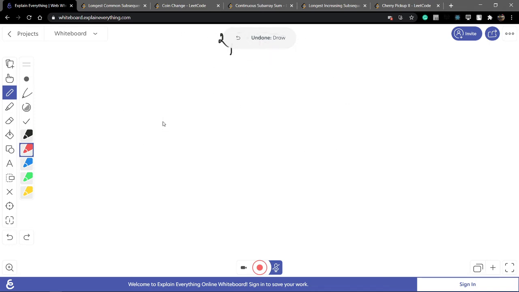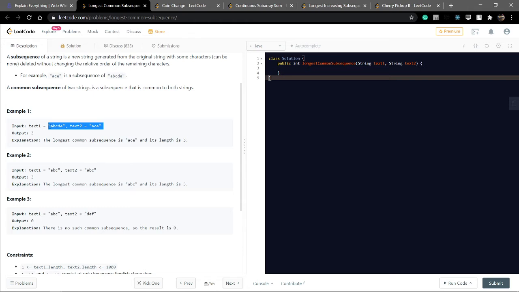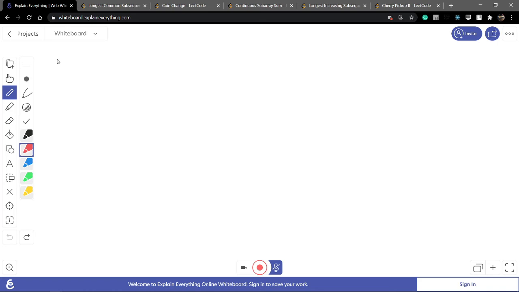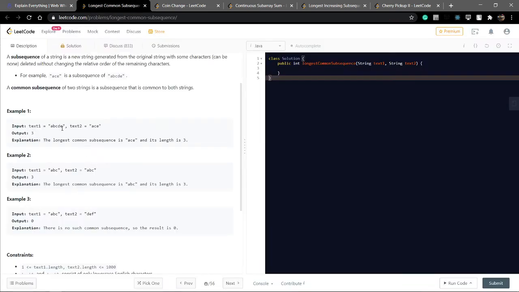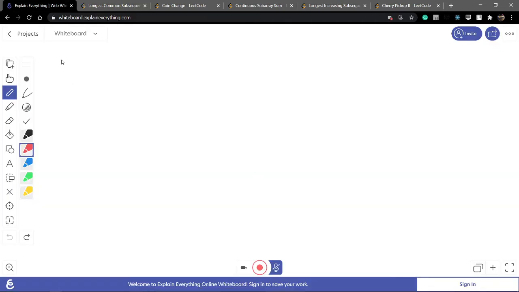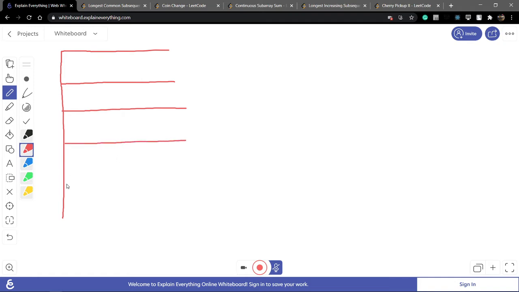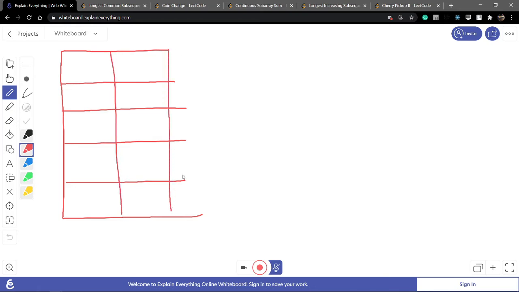So analyze the question now. We have text a b c d e and a c. To use this concept, we make a 5 by 3 table, with 1, 2, 3, 4, 5 and 1, 2, 3.